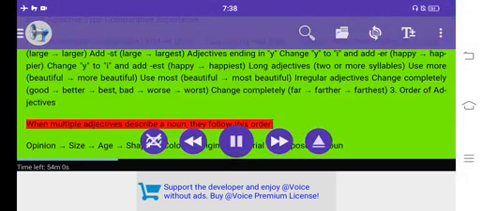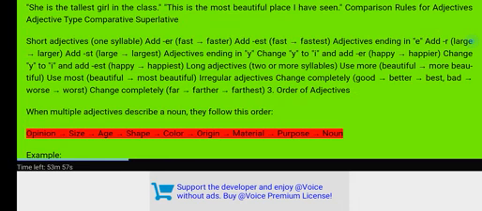3. Order of adjectives. When multiple adjectives describe a noun, they follow this order: opinion, size, age,